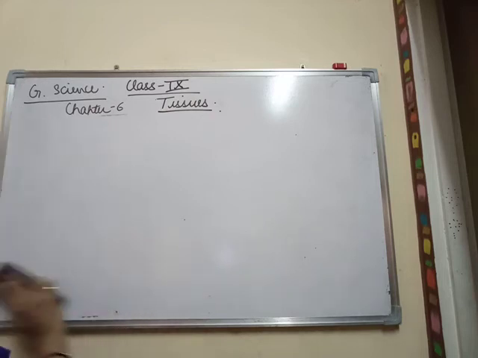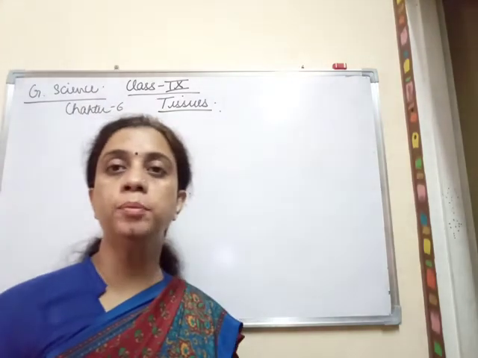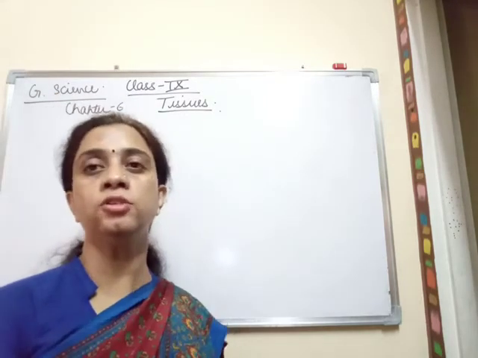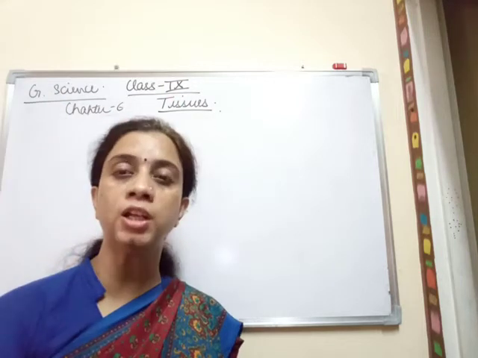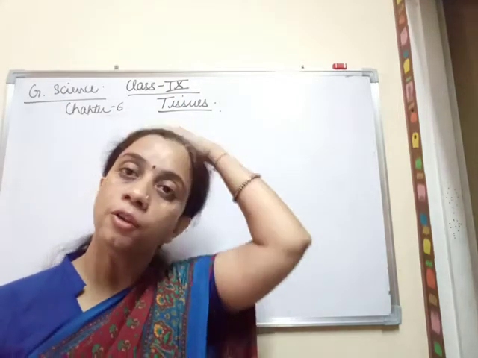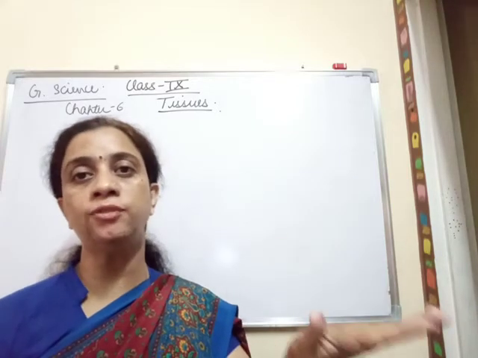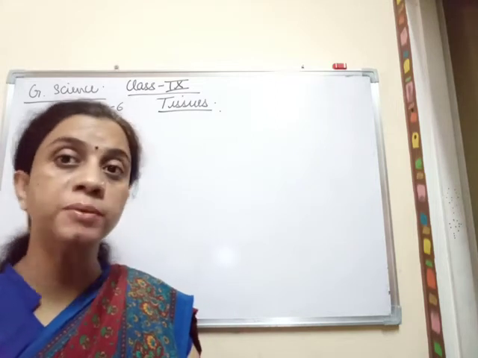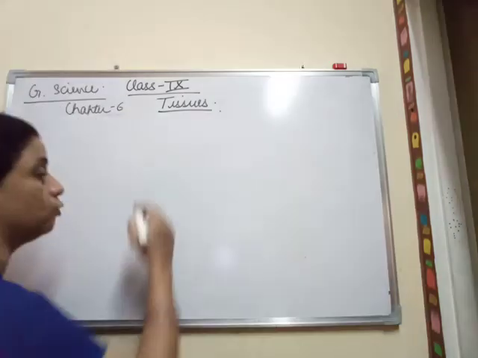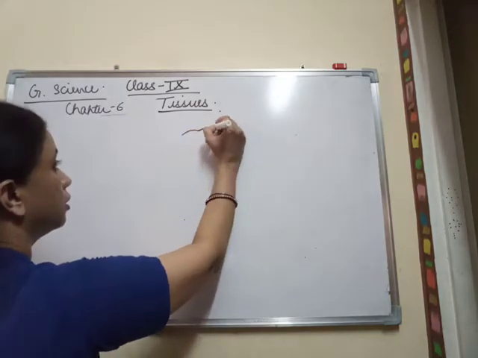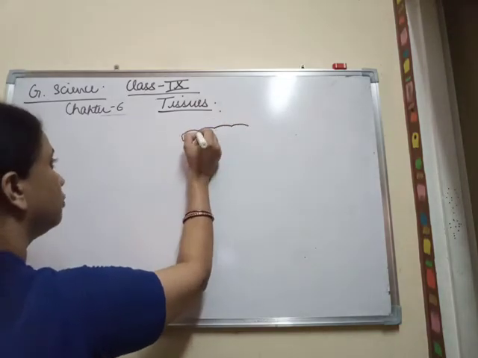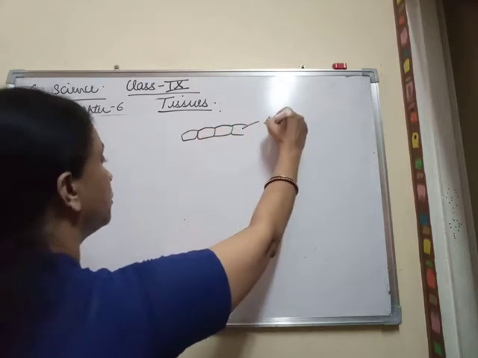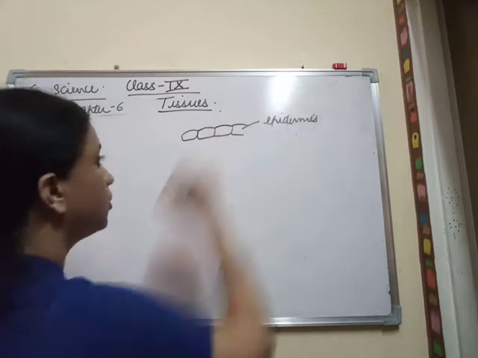So now we can take any plant part, say a leaf, and we are just going to peel off a section and put it in safranin. After putting it in safranin for a certain while, we are going to place that piece of the leaf on a glass slide, and then we are going to observe it under the microscope. So when we observe it under the microscope, the very first thing we observe is a single layer of flattened cells. This layer of flattened cells is very often referred to as the epidermis.